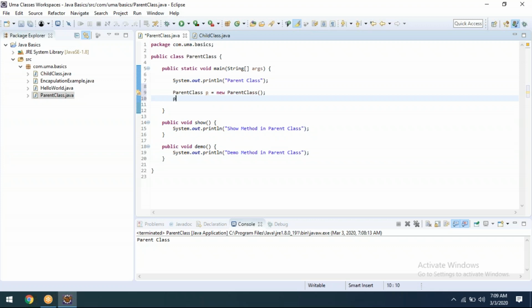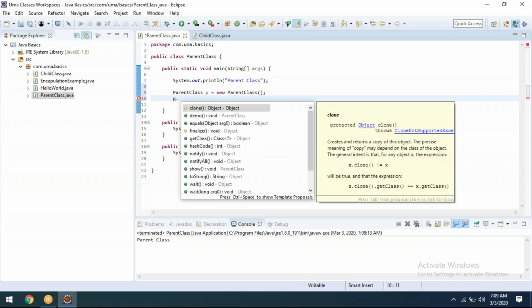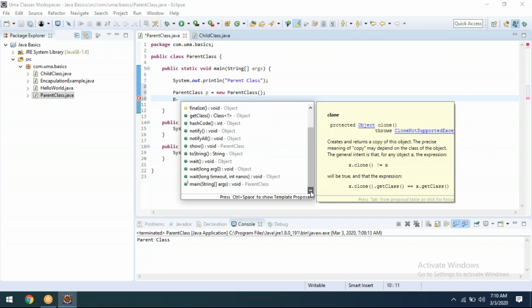Here, if you put p dot, many things will come. Some are Object class methods and some are from our class. There will be interview questions like what are the methods available in the Object class. Then you have to say: equals, clone, finalize, notify, notifyAll, getClass, hashCode, toString, wait.